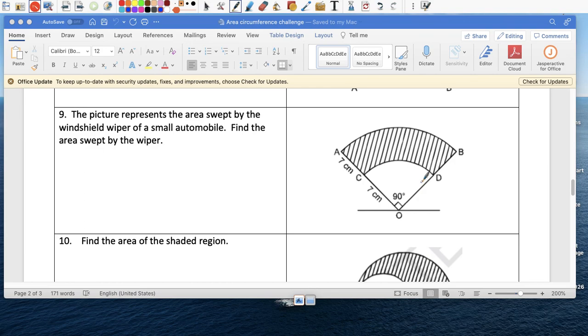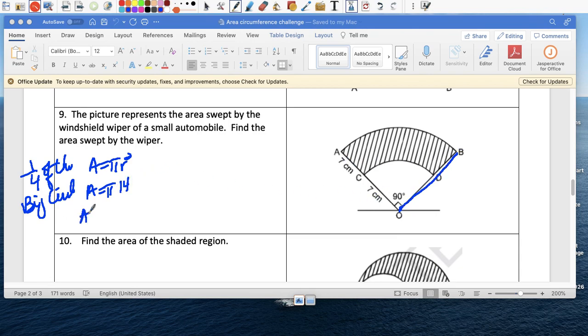So first of all, it's a quarter circle. That's 90 degrees of a full circle. So let's find the area of the quarter circle, one fourth of the big circle. Now, A equals pi r squared. Area equals pi, and the radius would be from here to here, which is given to us as 14. So A equals pi times 14 squared for the area of the full circle,